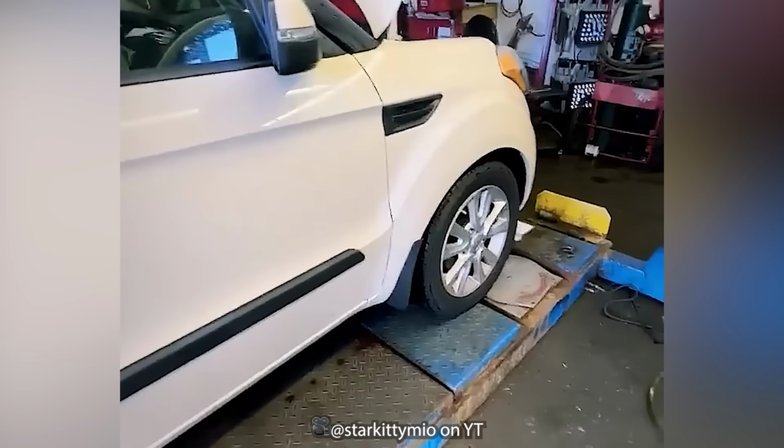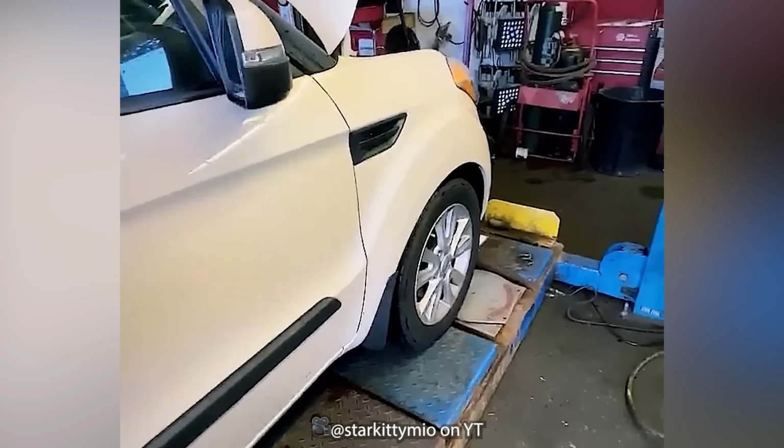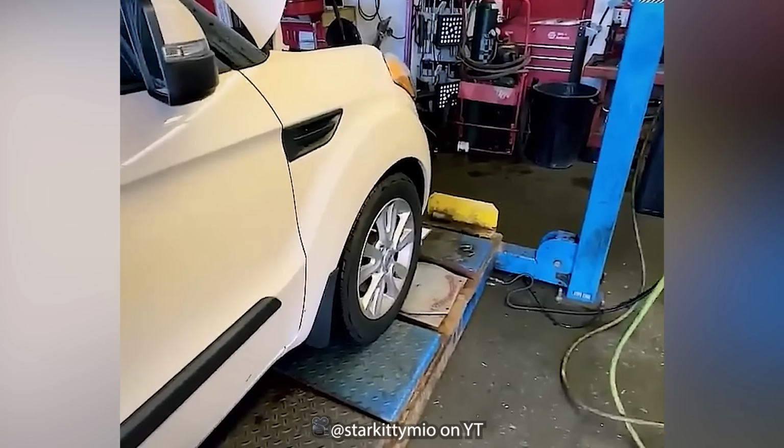It's always important to check your cabin air filter to make sure you're getting the best air quality with your heater AC. So during the oil change, it's always good to check the...